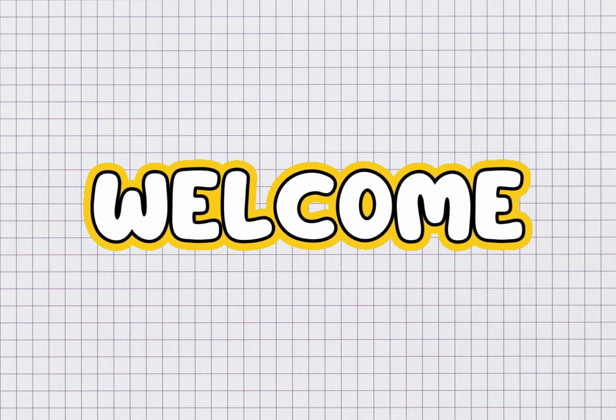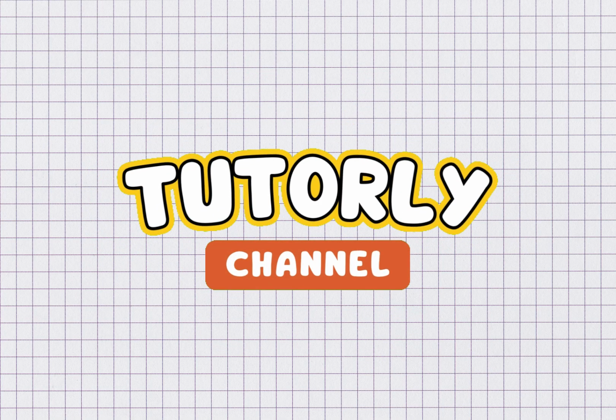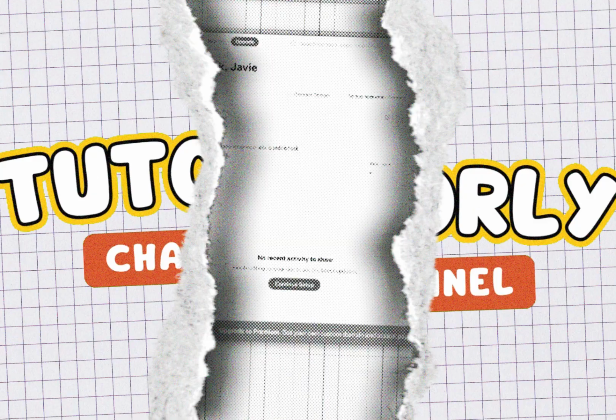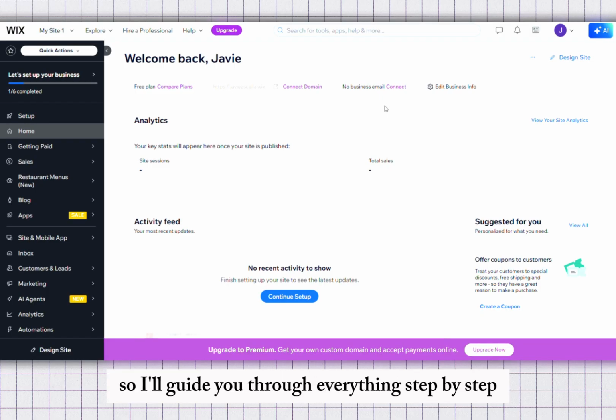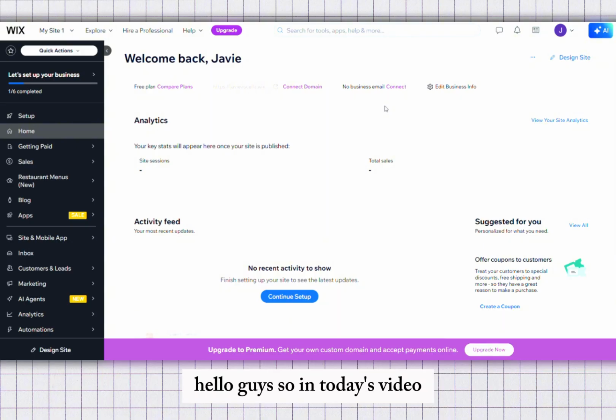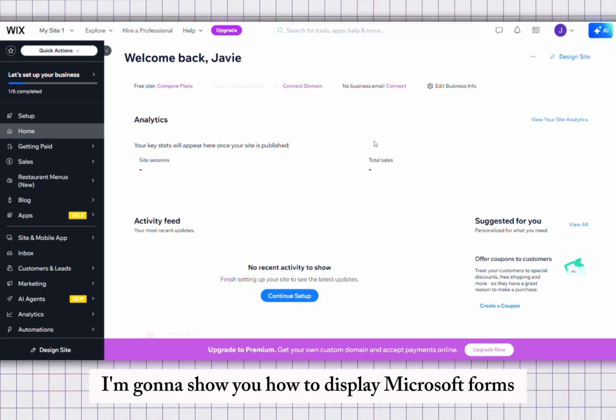Before we jump into the tutorial, it's important to know that embedding Microsoft Forms into your Wix website is a powerful way to collect responses, run surveys, gather registrations, and build interactive experiences without writing any code. This process is simple, but there are a few small details that beginners often overlook, so I'll guide you through everything step by step. Hello guys, so in today's video, I'm going to show you how to display Microsoft Forms